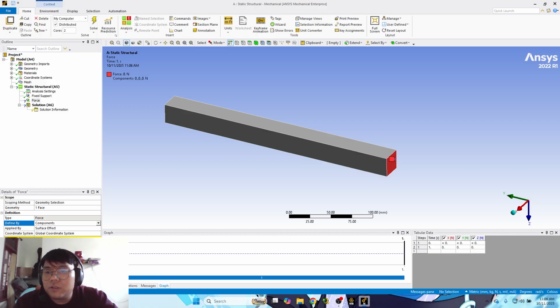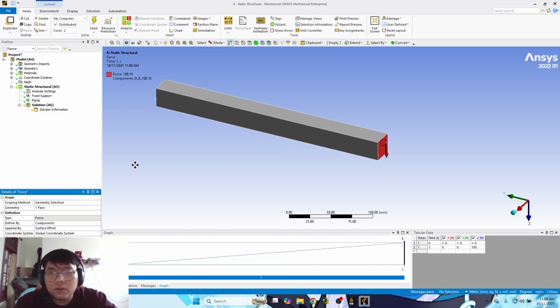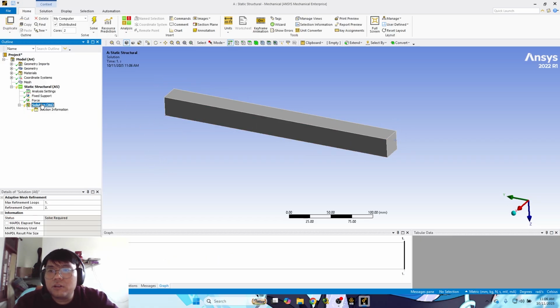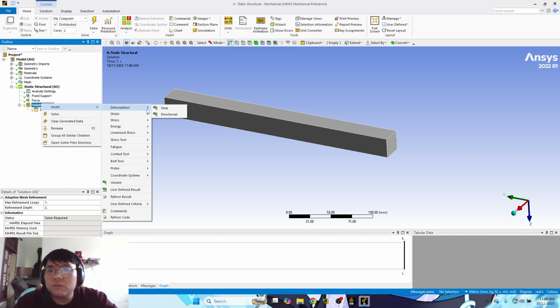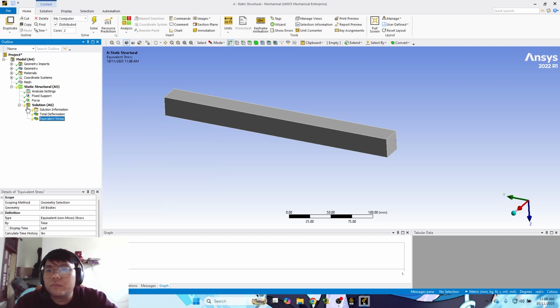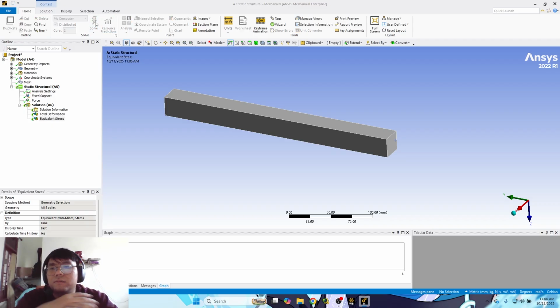So here for z, we put 100 newton. So here is our boundary condition. The results that I want are the total deformation and also the stress. And then let's solve it.